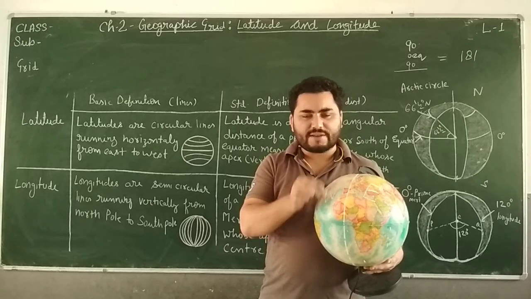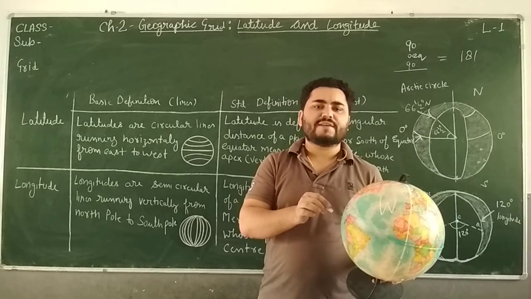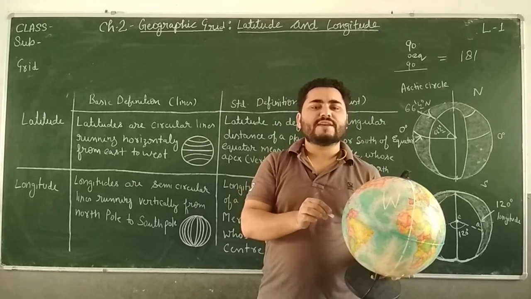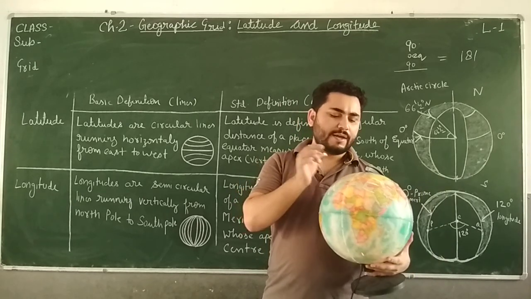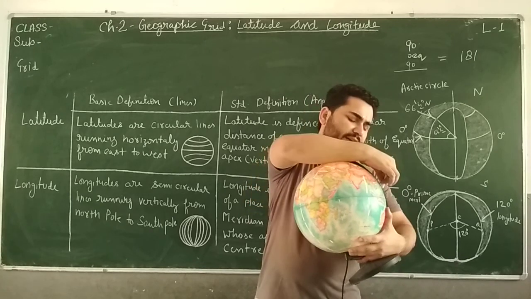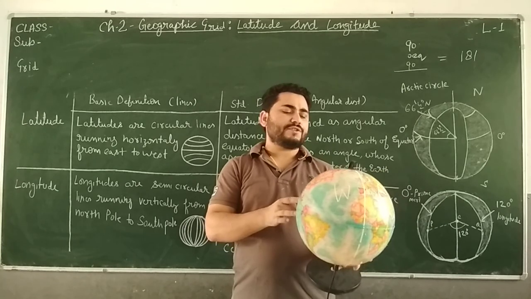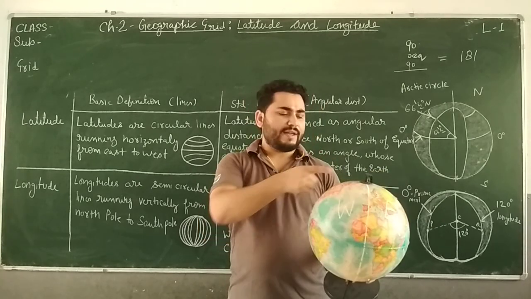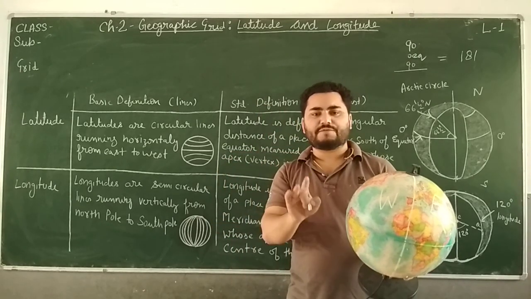Likewise 2 degree west, 3 degree west, 4 degree west, 45 degree west, 90 degree west, and 160 degree west till 179 degree west. Likewise here we will move 1 degree east, 2 degree east, till 179 degree east, and then after that the 180th line, which is just opposite to the 0 degree line, is the same for the eastern hemisphere also and the western hemisphere also.